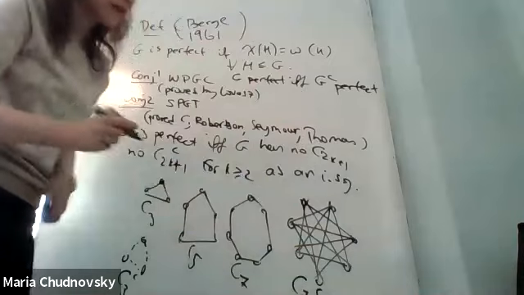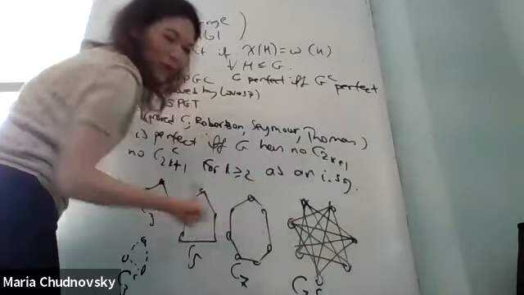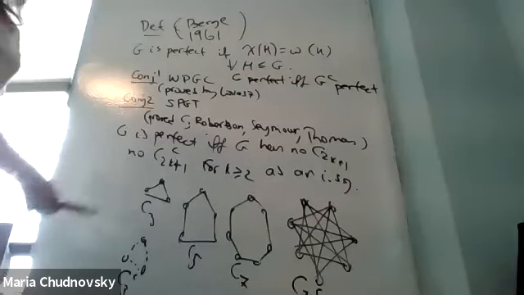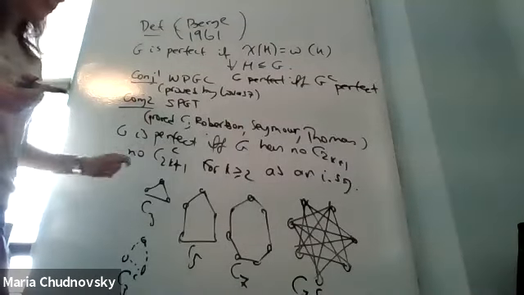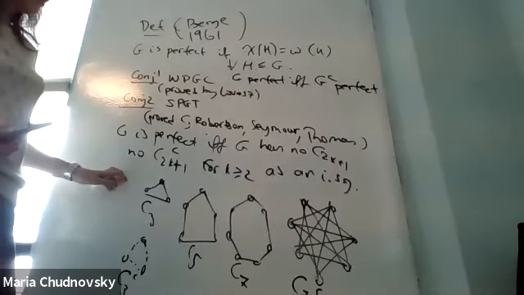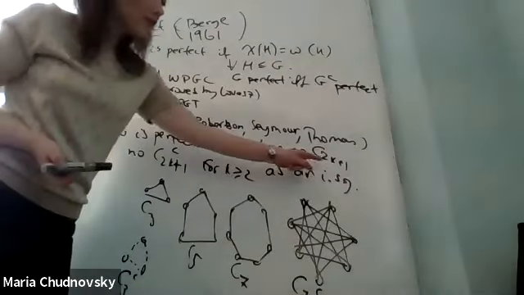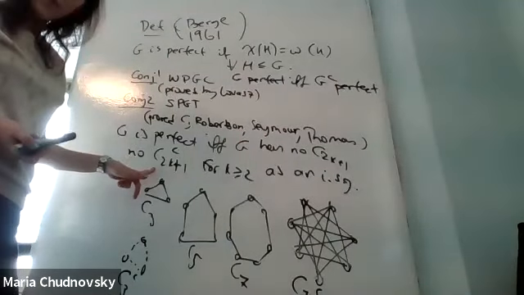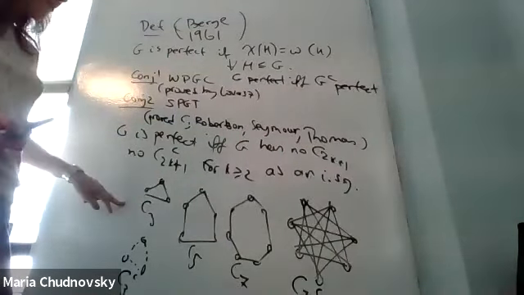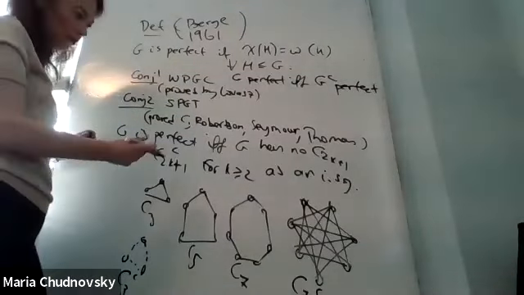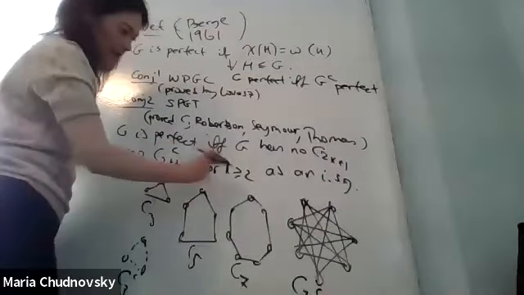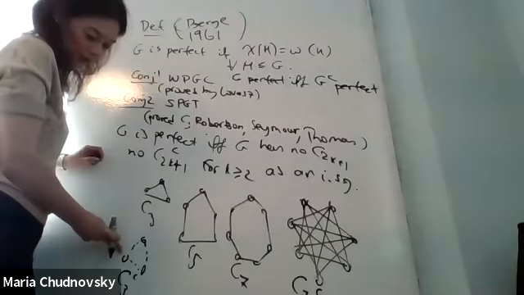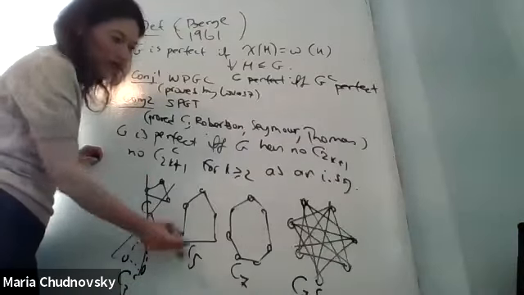Right, so this is a graph where consecutive pairs are non-adjacent and non-consecutive pairs are adjacent, and so forth. So what this theorem says is that a graph is perfect if and only if it doesn't contain as induced subgraphs odd cycles and doesn't contain as induced subgraphs complements of odd cycles, but not of length 3. So we're not excluding k at least 2. So we're not excluding triangles, we're not excluding complements of triangles. We're just excluding things like